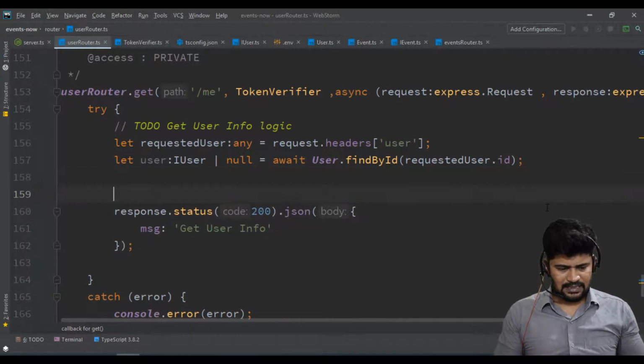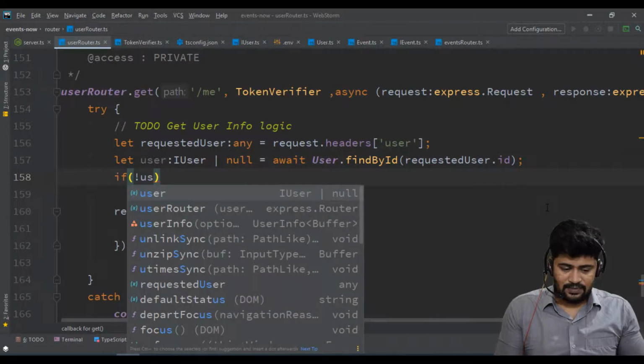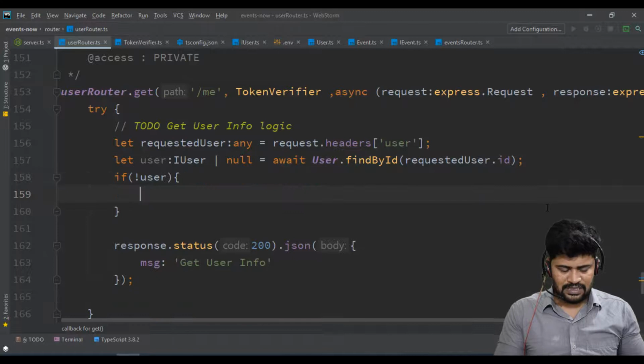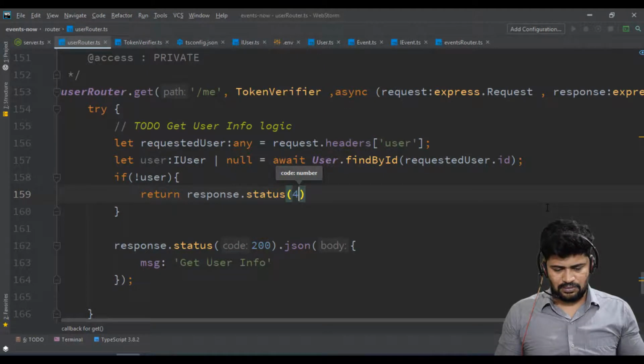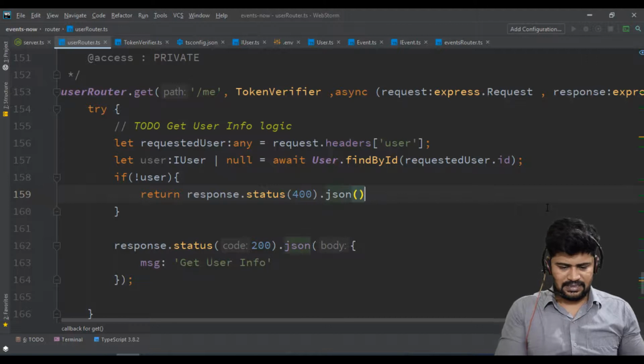Let's say if no user. If there is no user, then what? If no user, I'll say return response dot status of 400 dot json. Let me send him back something as a response.